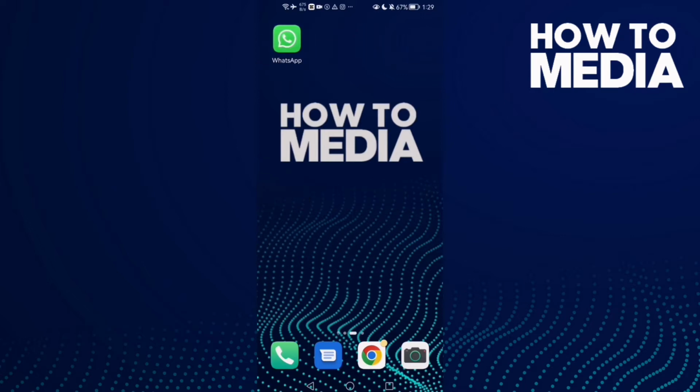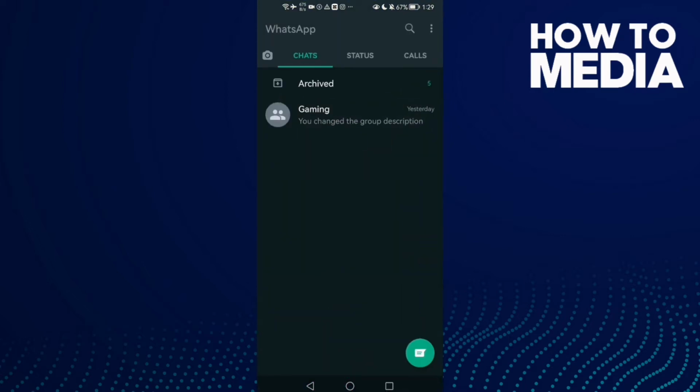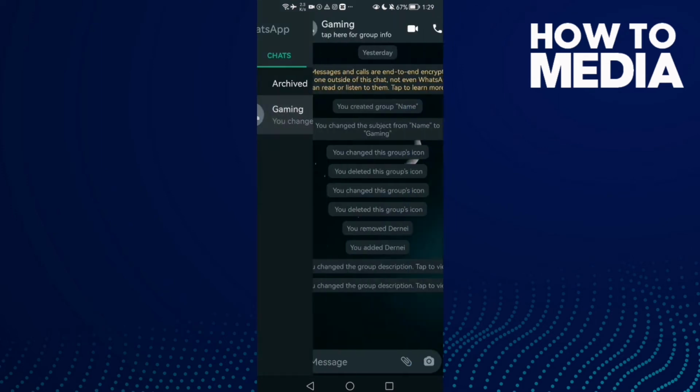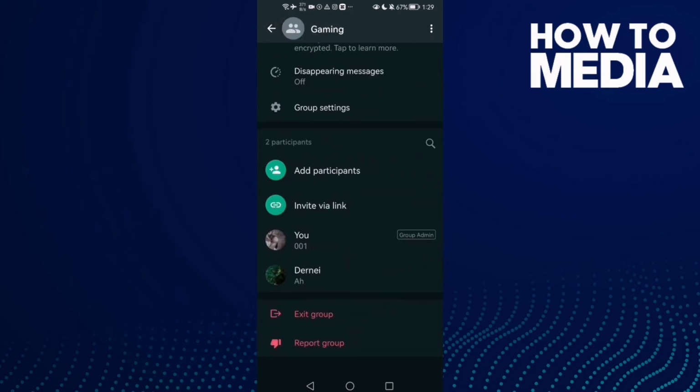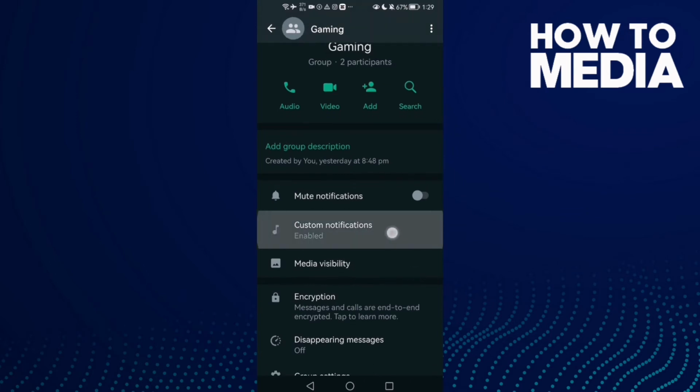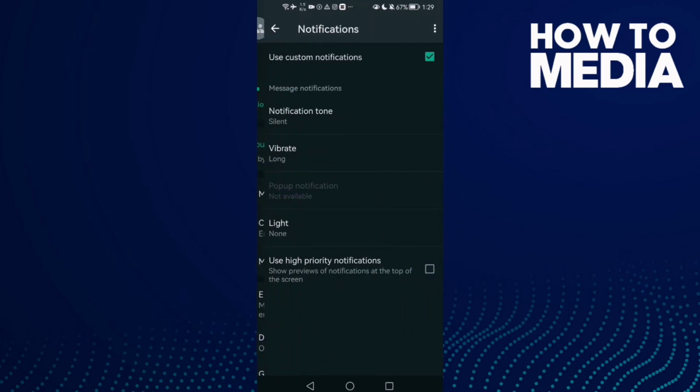First thing, go to WhatsApp and here you will find this. Select any group you want here and then click on group profile, and here you will find custom notifications. Just click on it and then click